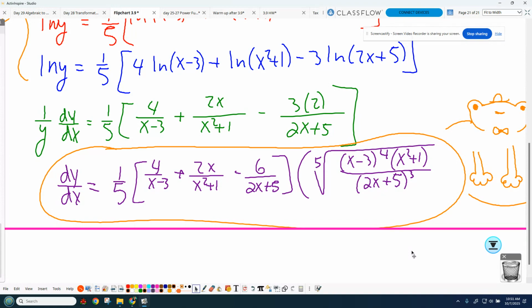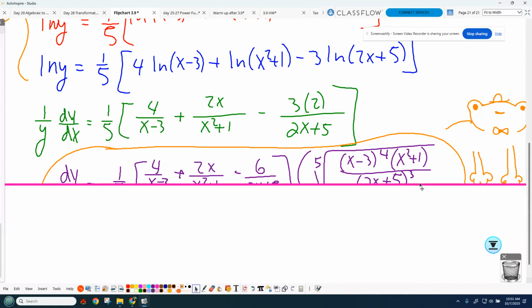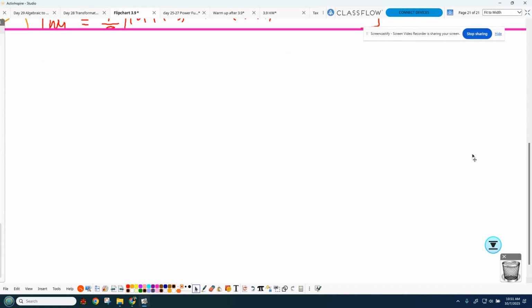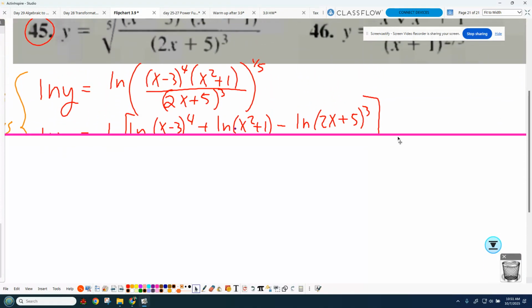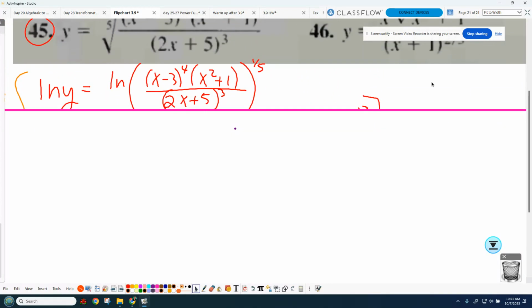Because you can bring these to the front. Just log without multiplication. It's 1 over 5 and then that in parentheses. So,